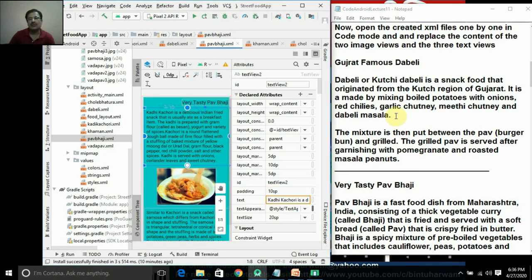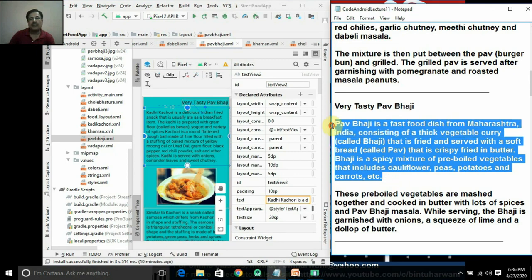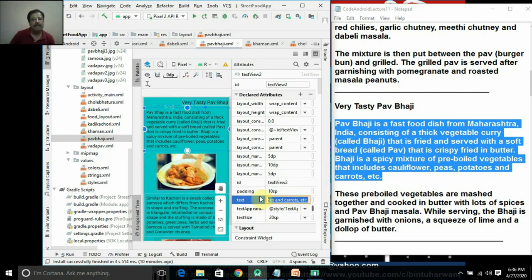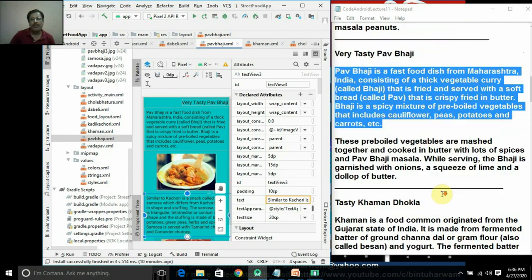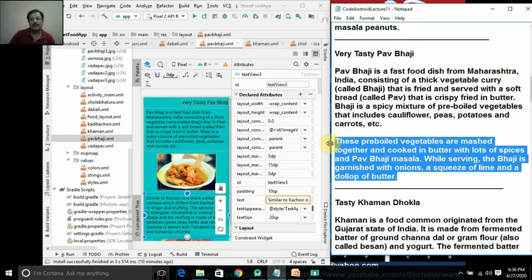Select this one. Select Pav Bhaji content from here. Copy. Select this, press delete key and Ctrl V. Select this one, delete key and Ctrl V.